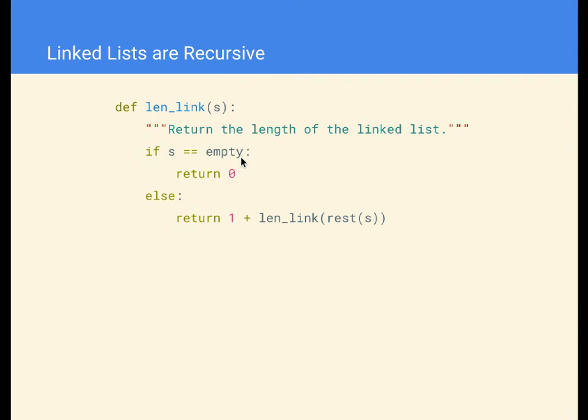And it kind of works the same way for get item. I essentially want to recurse down until I hit the position I want. So say I want to get the very first one, I can just return first of s. Otherwise, I'm going to have to recurse down using the rest of s. So it's a common pattern. We usually want to get somewhere by calling rest of s. And we can reduce our index by 1 because we're getting closer and closer to our target position. So if I start at index 5, I'm going to use this recursive case calling rest about 5 times.